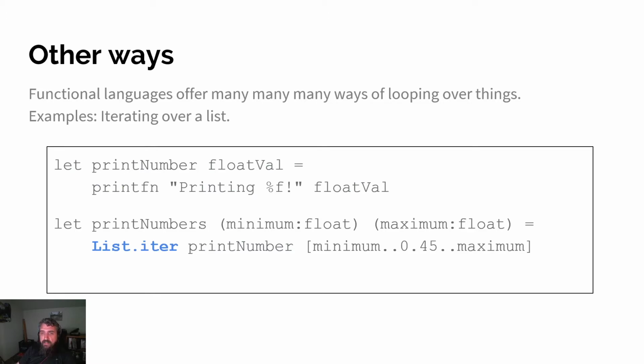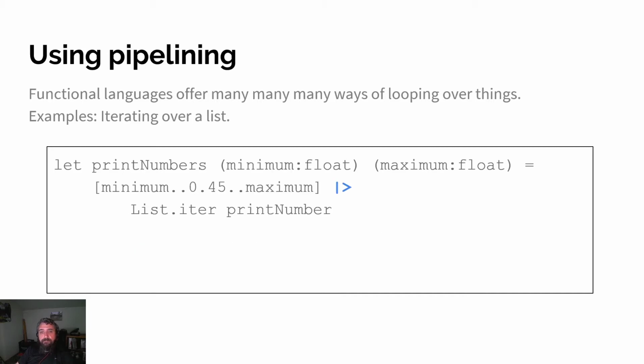So that iterating item itself just says whatever's in the function, the body of the language. List iter just accepts a function with a single value, and you just pass it in. The list is constructed with the minimum dot dot 0.45 dot dot maximum thing that you can do. You can use pipelining to actually work some similar language semantics,